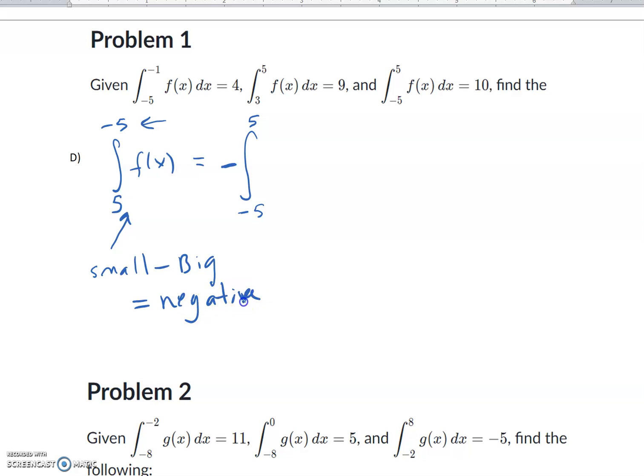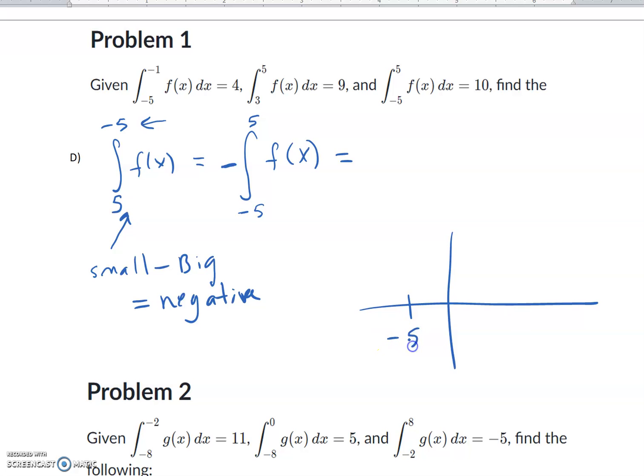So to compensate for that, you can look at equivalently switching the upper and lower bounds back to an increasing order and then just making that value negative. So when I do that, -5 to 5. So if I make a little picture here of what's going on in the question,